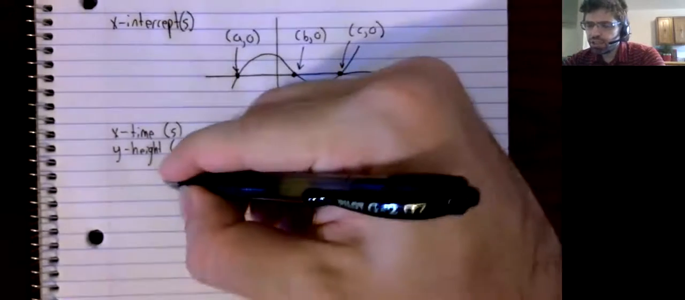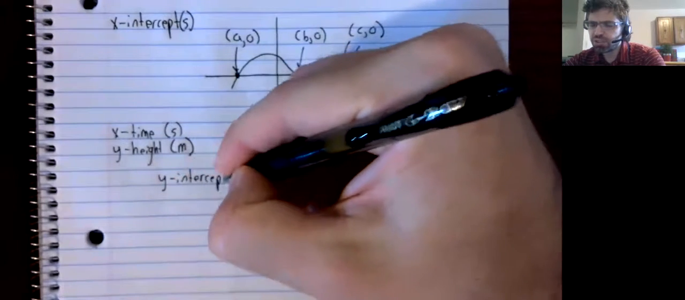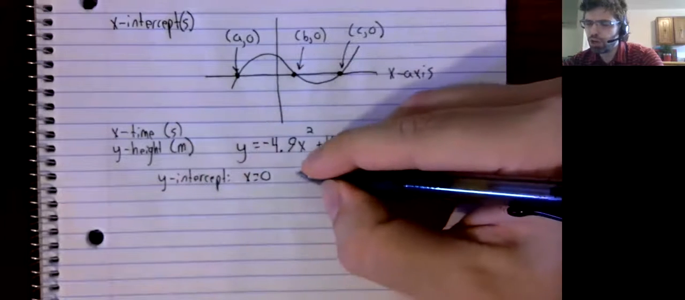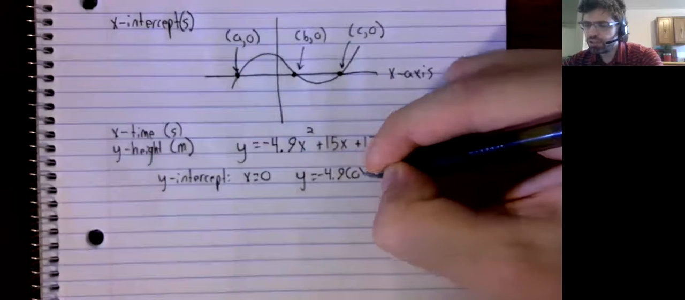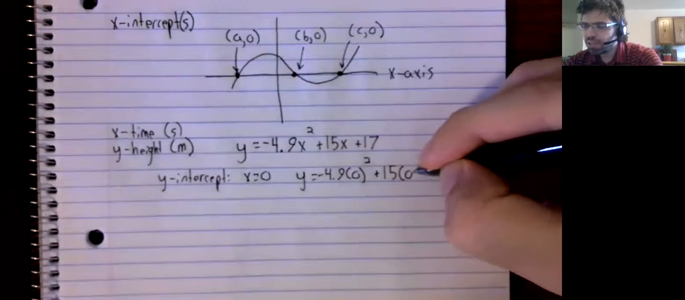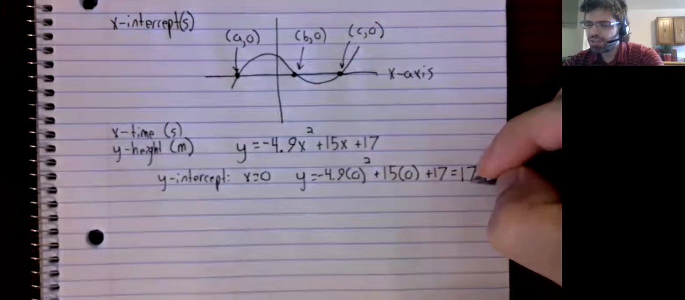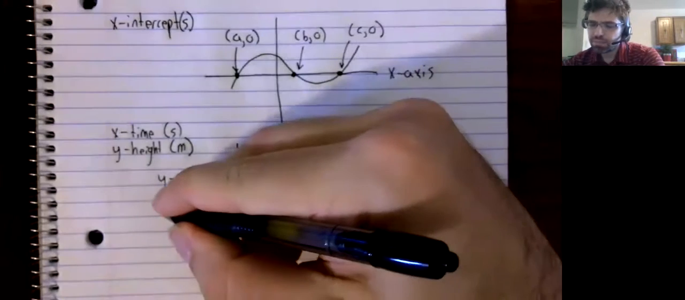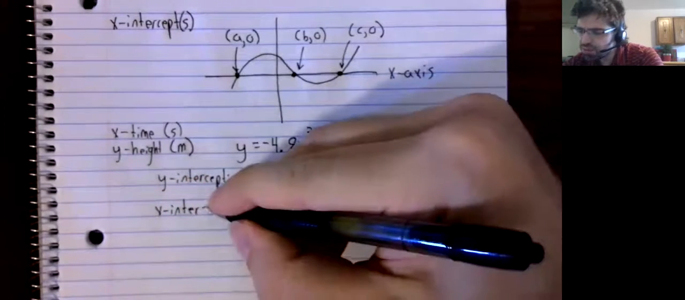When we wanted the y-intercept, we set x equal to 0, and it was straightforward to find y. We let x be 0 and just read y off. To find the x-intercepts,